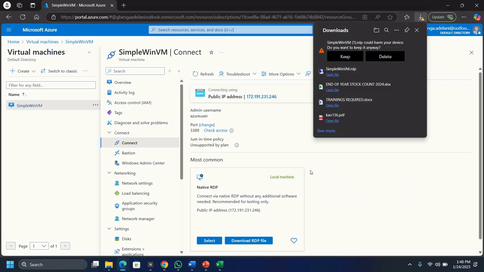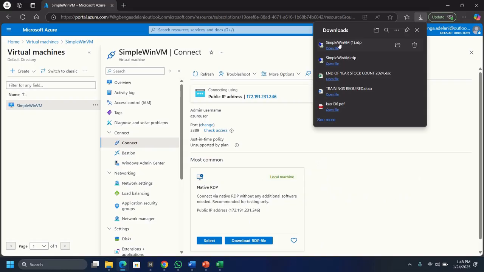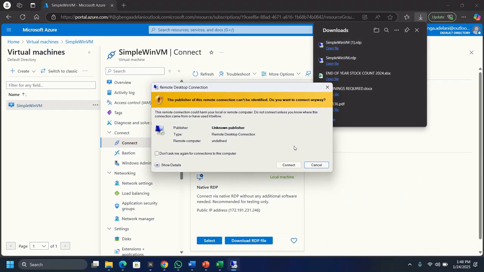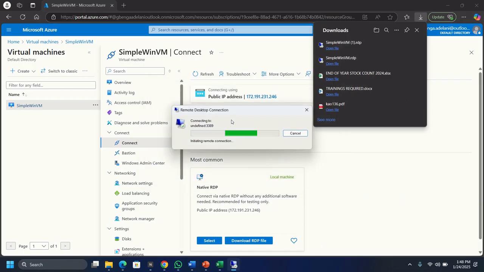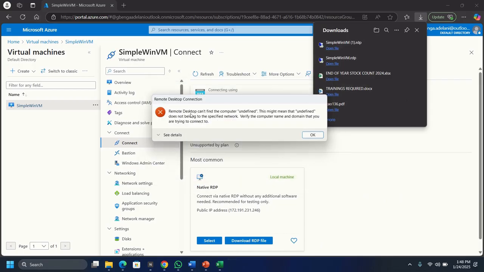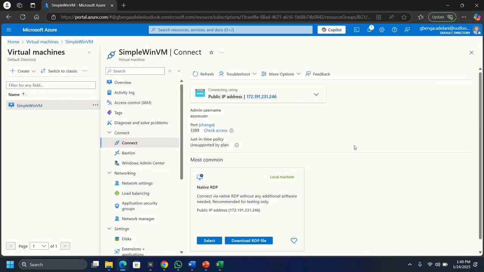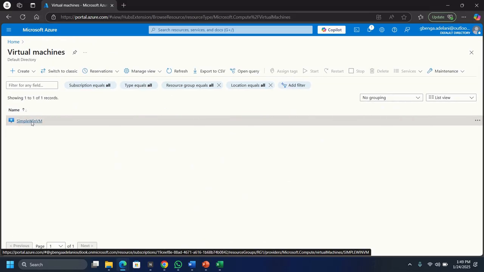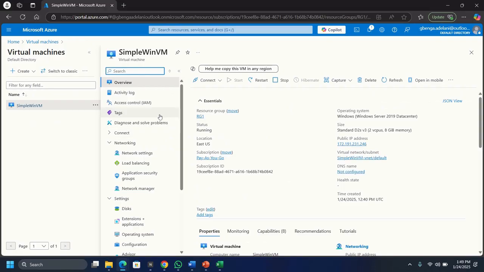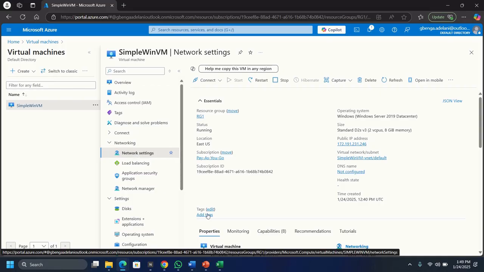So I'll click on the download RDP file, and I'll click the file. Then I will say connect. This is what's going on. What do you see? Remote desktop can't be found, or it is undefined. So what I will do is to go to the settings of that virtual machine. So I'll go back to the virtual machine, and from this side, I'll click on the network settings of the